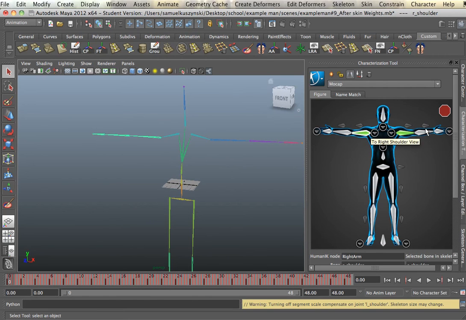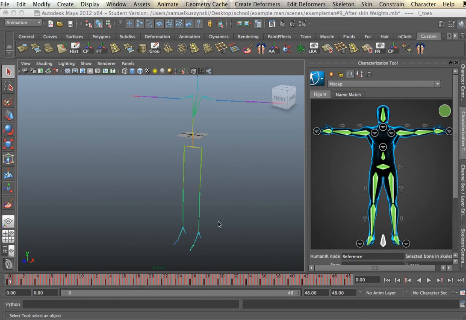It actually goes left to right, and you can go through your whole character. I'm going to pause the video while we do this. So now our characterization is valid. Once we've gone through all that,